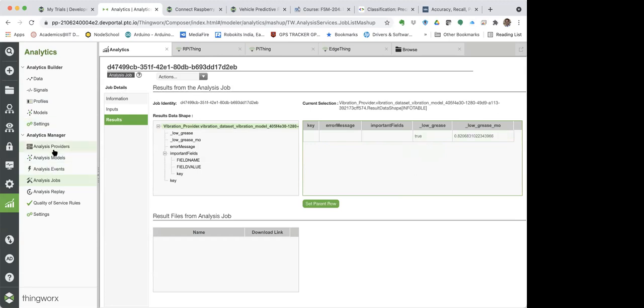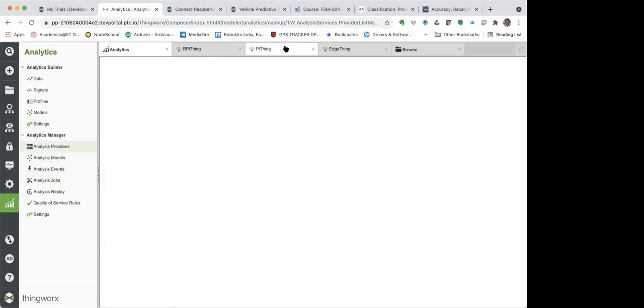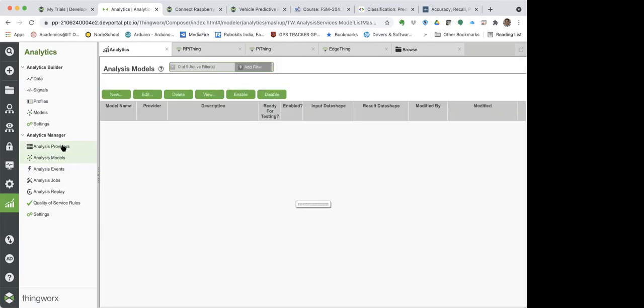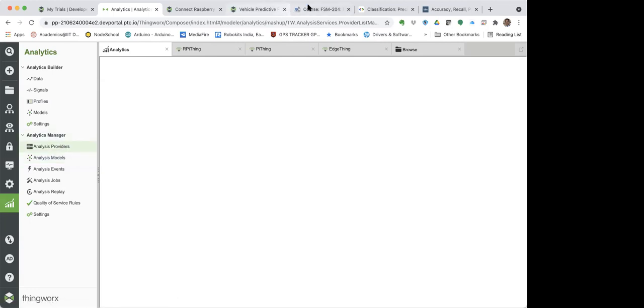And then as I was explaining, you can use this further to trigger any other information or other event or another subscription, which will then be communicated to the customer or the person who is responsible for taking care of this. So that is the scenario. I was just giving you a complete overall idea of how, once the model is trained, this is the way it is deployed for the analytics services.